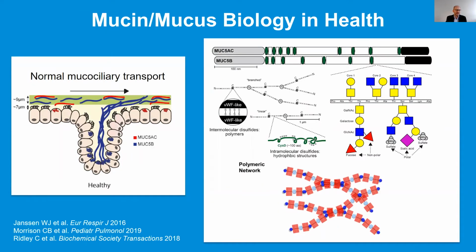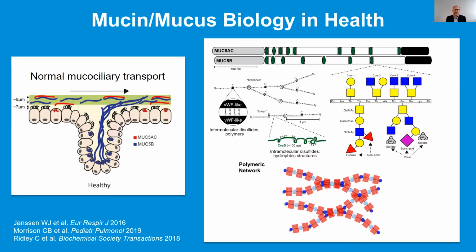Mucus is essential for health, as it is an important component of the normal mucociliary clearance system, as shown here, and it's been complicated to study because the two main molecules forming this mucus gel, MUC5AC and MUC5B, as you can see here, are large and complicated in the structure,